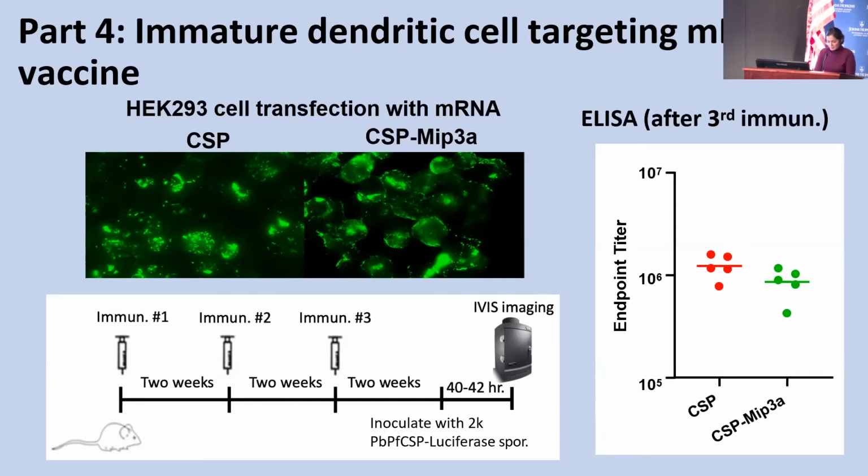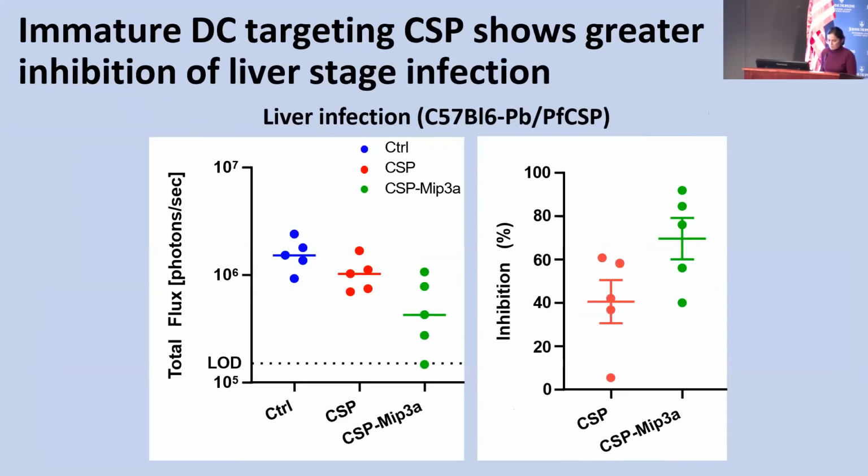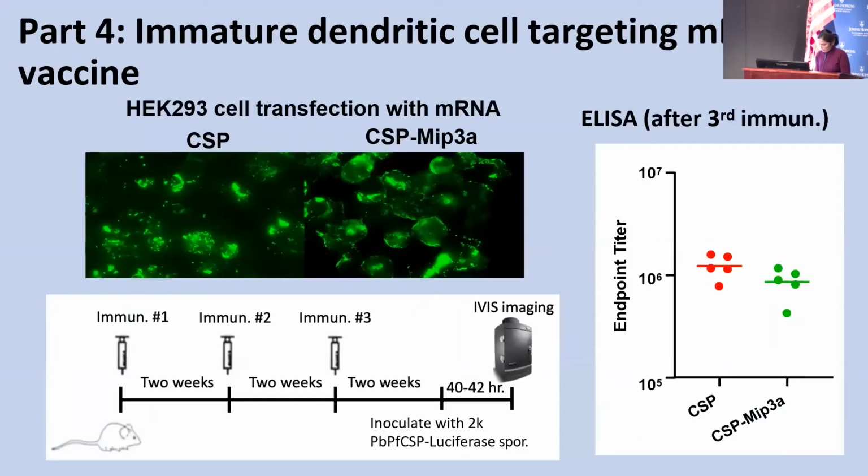So to evaluate these constructs, we performed an in vitro transfection of HEK cells, and both the constructs show expression as seen here. Furthermore, groups of mice were vaccinated thrice at an interval of 2 weeks, and 2 weeks after the final vaccination, ELISA was performed against full-length CSP protein and the NANP repeat peptide. So as seen here, the CSP MIP3 alpha appears to have more antibodies towards the NANP repeat peptide